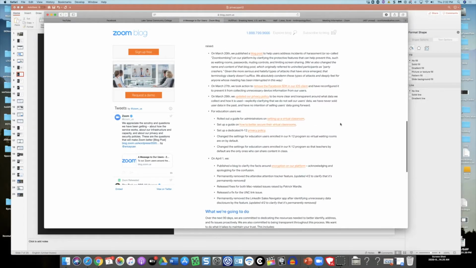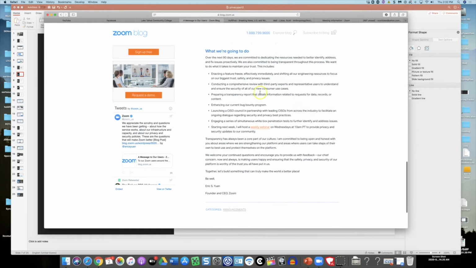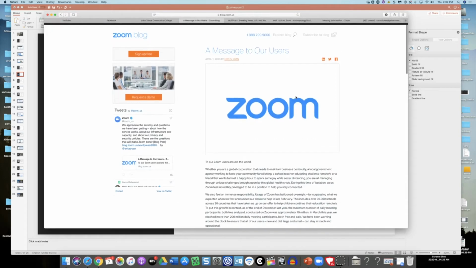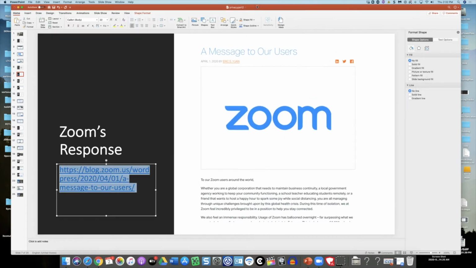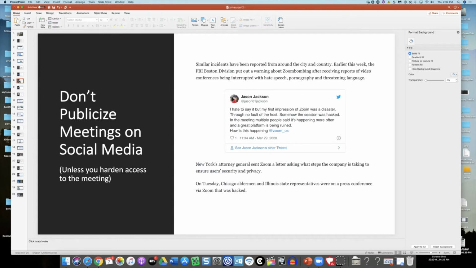And then very interesting down here, and a lot of this is offered for educators who want to set up their own virtual classrooms. And then in the future, they said they're doing some additional security options, including a feature freeze, which could be interesting. And so I'm wondering what's going to happen here, but it looks like they're definitely on top of it in terms of all these concerns. So that's really good to hear from the company that they're taking some action. So let's talk about some action we can take.